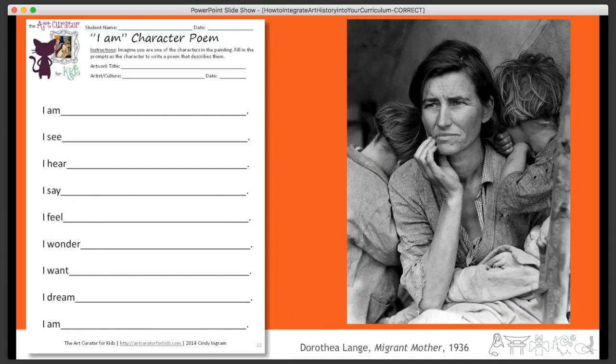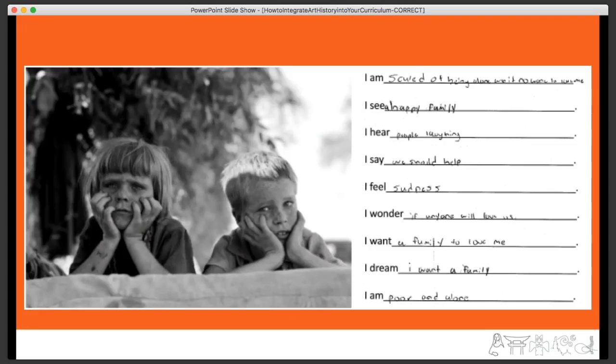Another example is they write poetry. So here's another one that does empathy, where they looked at work by Dorothea Lange, and then they thought about what it's like from her perspective, what she sees and what she feels. I had multiple Dorothea Lange ones, and here's one of my students' work. As you can tell from that lovely 8th grade handwriting,